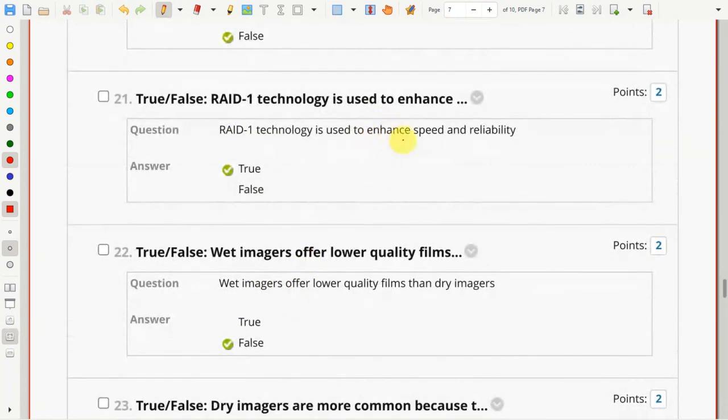RAID 1 technology is used to enhance speed and reliability. If you look at the slide, you find that this is